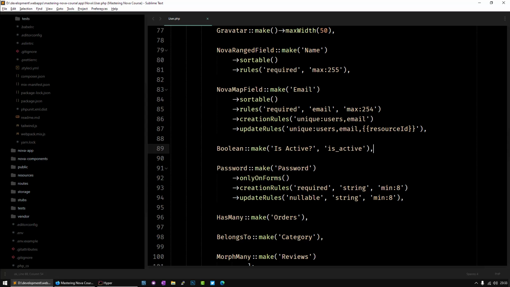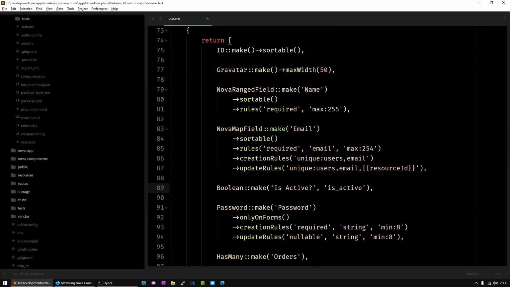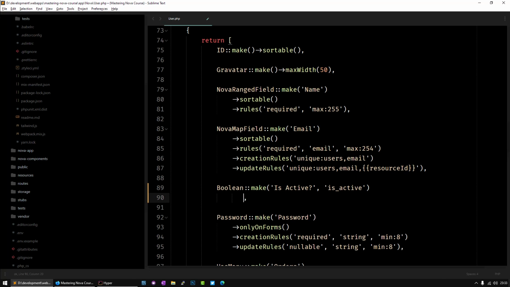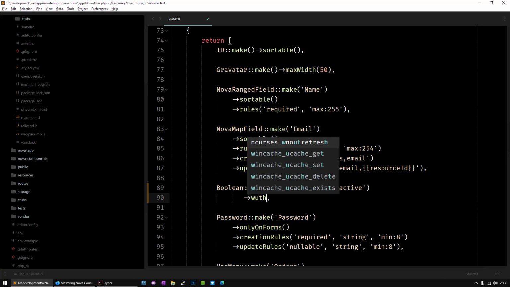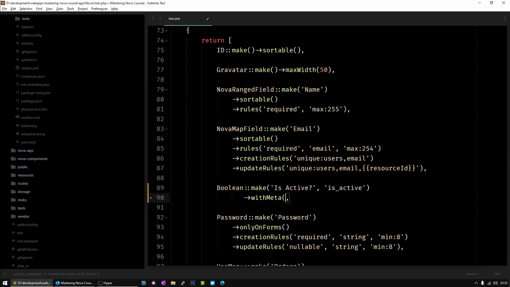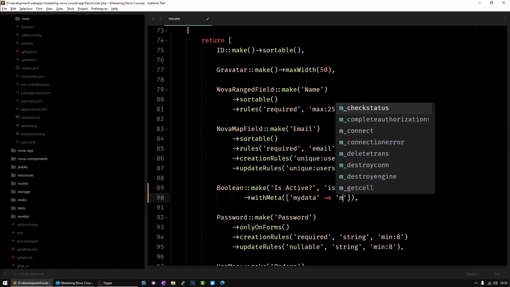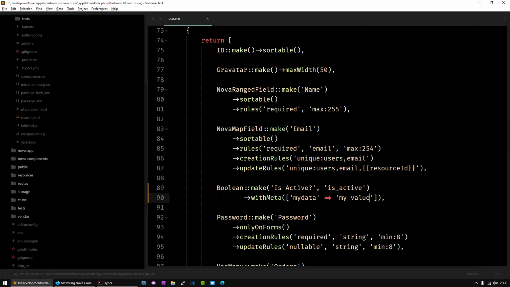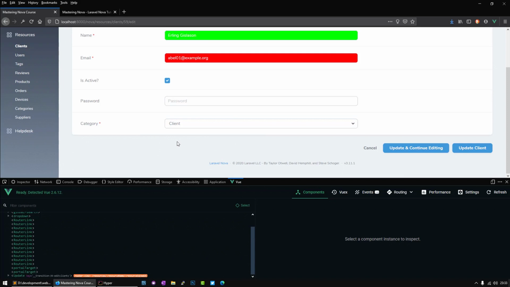We already saw this lightly in the first chapter when I started introducing Nova, but let me show it here. Go, for instance, to the Boolean is active, and you just need to pass with meta, and this method will allow you to pass data to that field object that you saw in the props. I'm just going to put here my data and my value. When you affect this with meta, Nova, the framework, will allow you to use that on the front end. So if I go back here